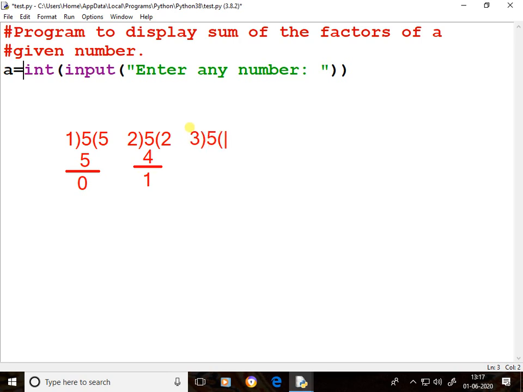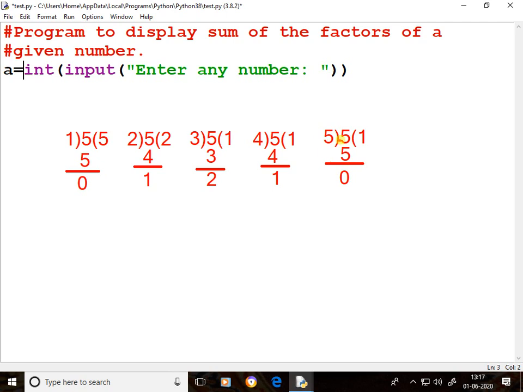3: 5 divided by 3 is 1, remainder 2. So 3 is not a factor of 5. 4: 5 divided by 4 is 1, remainder 1. 4 is not a factor of 5. 5: 5 divided by 5 is 1, remainder 0.